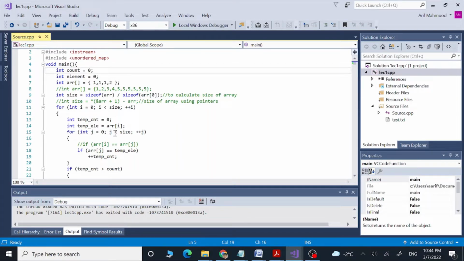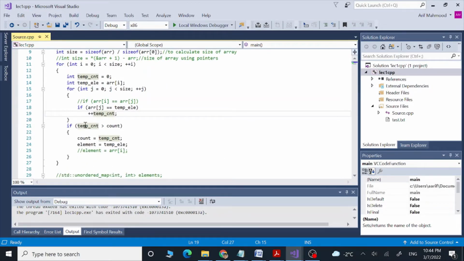If that count is greater than this count, then it is going to replace our initial count with that new value. So we are going to get the new value here and store it in this count variable, which is 0 at this time. And after that we are going to put whatever element we have, so this is our temporary element, and we are going to store that inside this element.